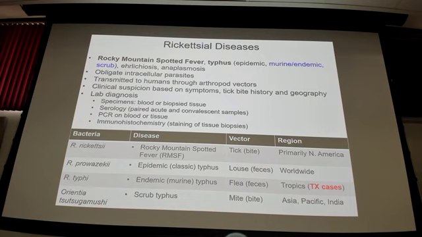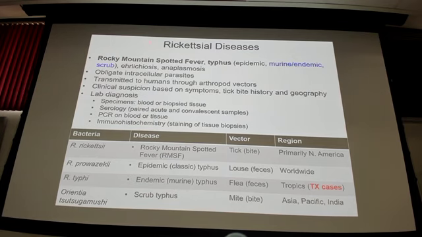And then typhus, that's in a different group. So in typhus, these 2 organisms on this chart down here, Rickettsia prowazekii and Rickettsia typhi, are in that typhus group. And it's a little confusing, but Rickettsia prowazekii, that's epidemic or classic typhus, and Rickettsia typhi is endemic or murine typhus. And then there's also a form of typhus that we don't get in this part of the world